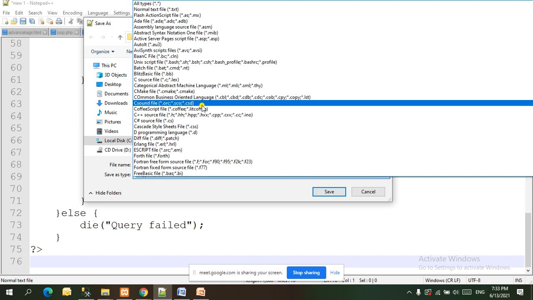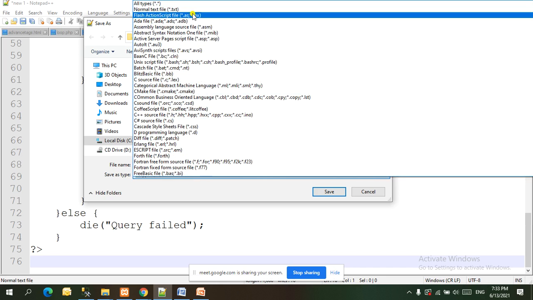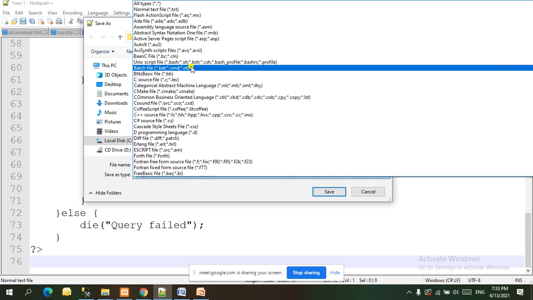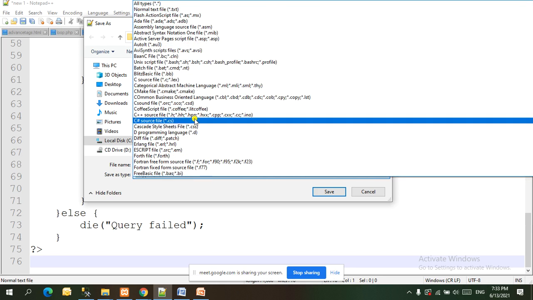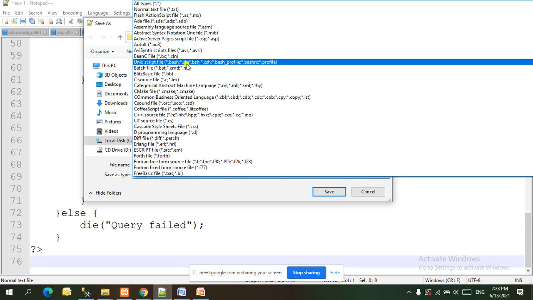And here I am going to define a type. So many kinds of files you can edit in this Notepad++. So our file is PHP, so here we need to look for PHP.